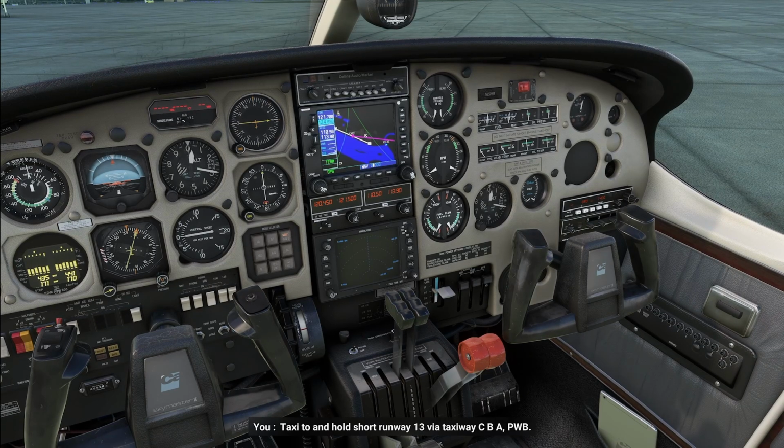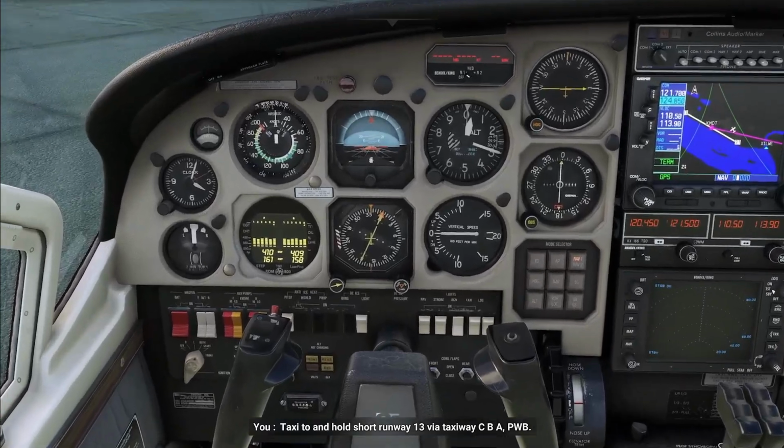Sure, I'll say okay. Taxi to and hold short runway 13 via taxiway Charlie, Bravo, Alpha, 13, Whiskey or